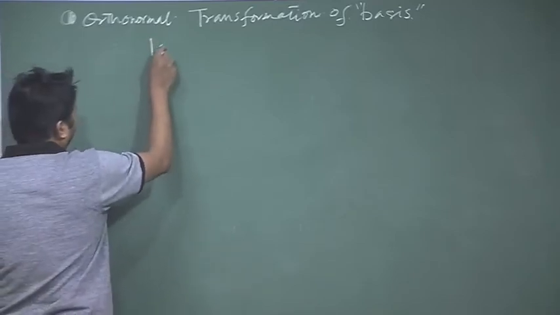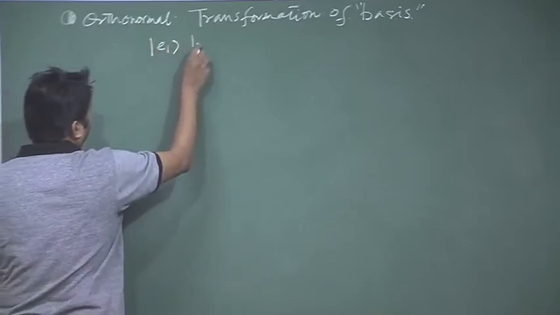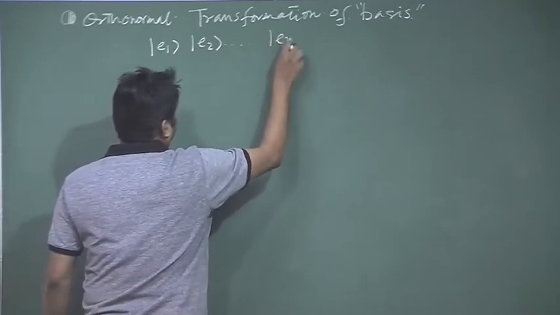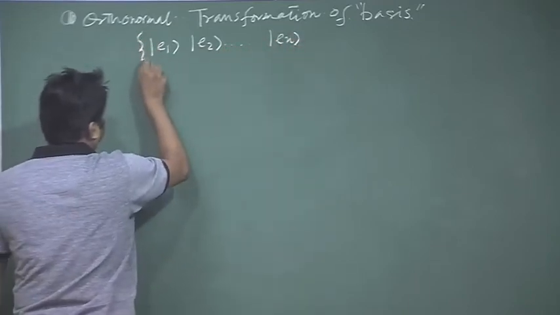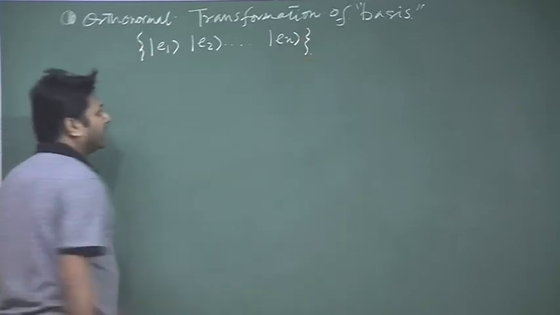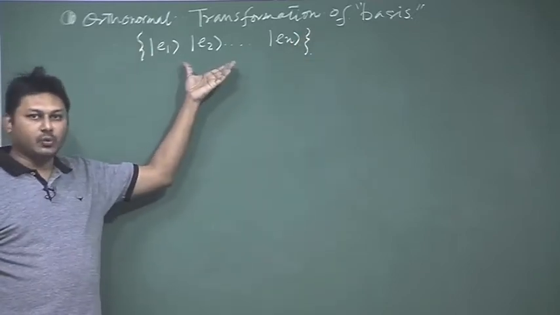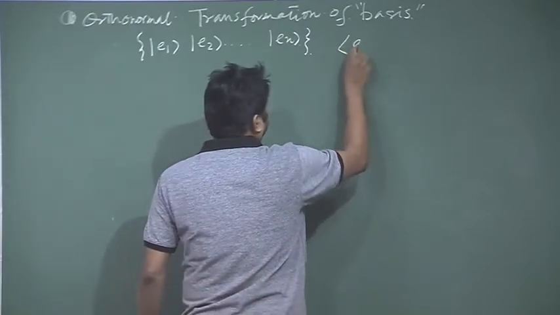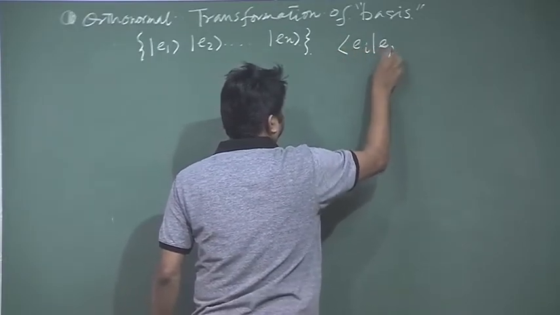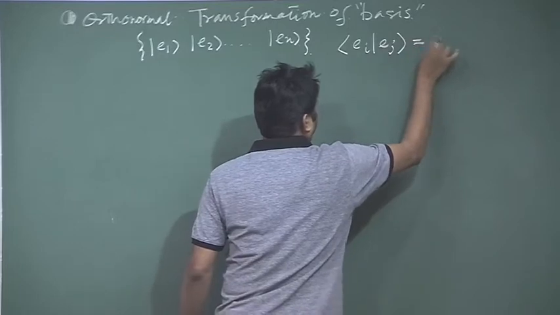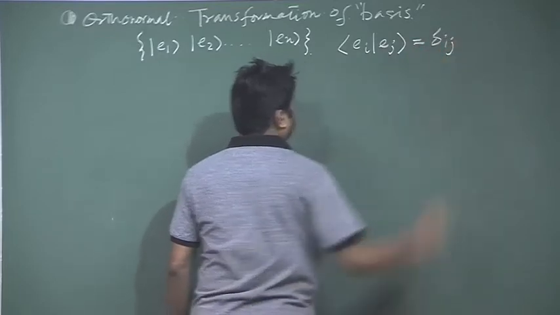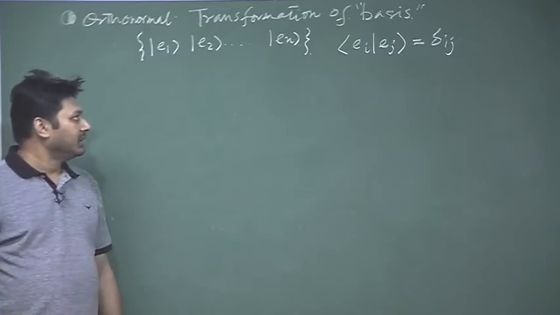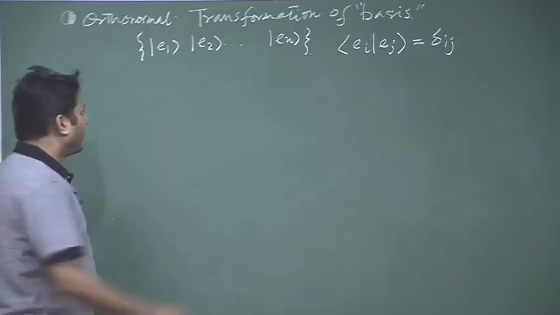Say E1, E2, En are a set of vectors which are forming a basis where this condition is satisfied. This is the condition of orthonormality. Several times I mentioned it. So, this is that. Now, I want to make a transformation,